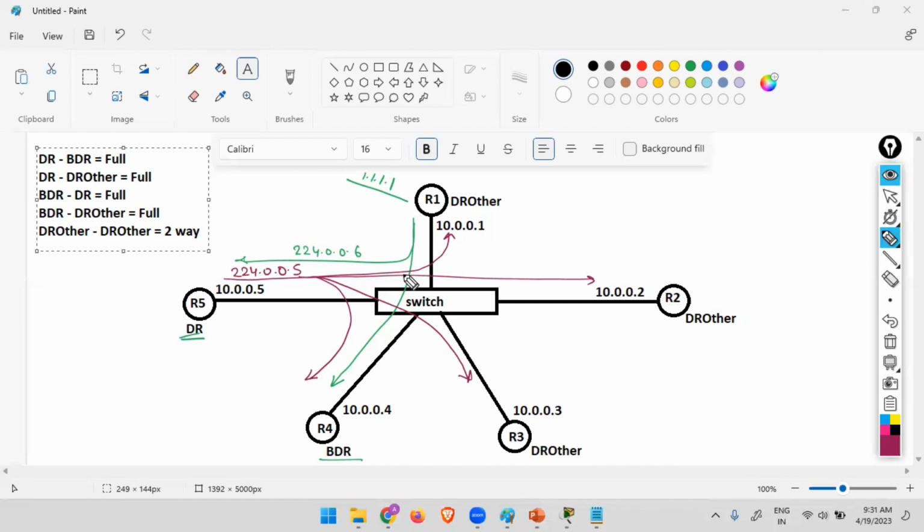DR can send traffic to BDR and also BDR can send to DR. Yes. Now why are they able to send? Because